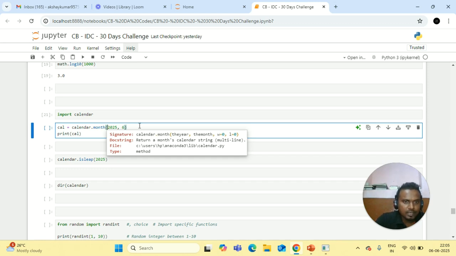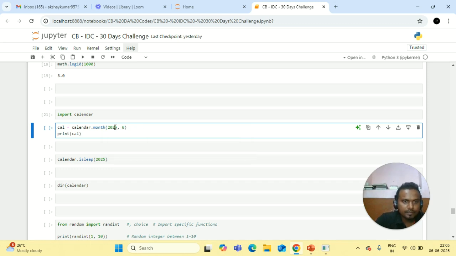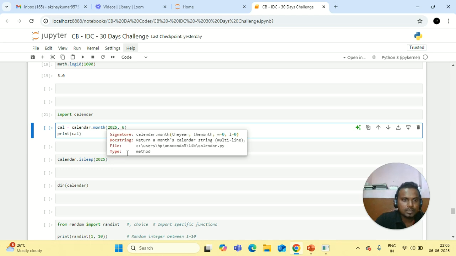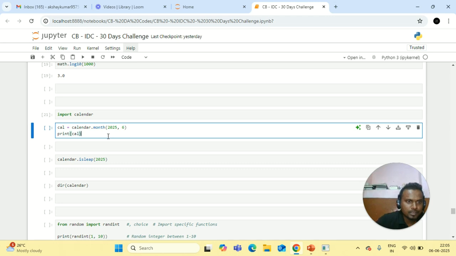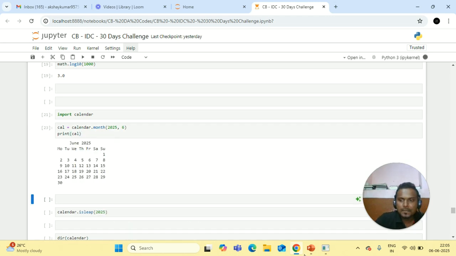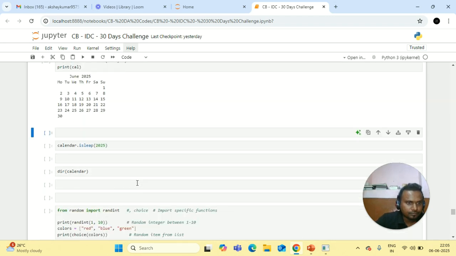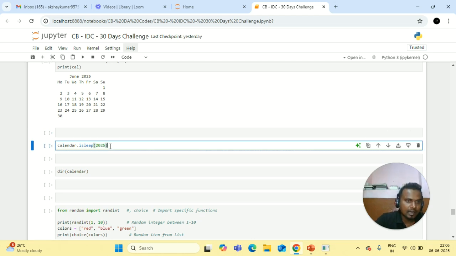If we just click on shift tab, we will be able to see the documentation of any function. Now if I want to print it, I'll get the complete June 2025's calendar in front of me. And if I want to check if 2025 is a leap year, then I am using calendar dot is